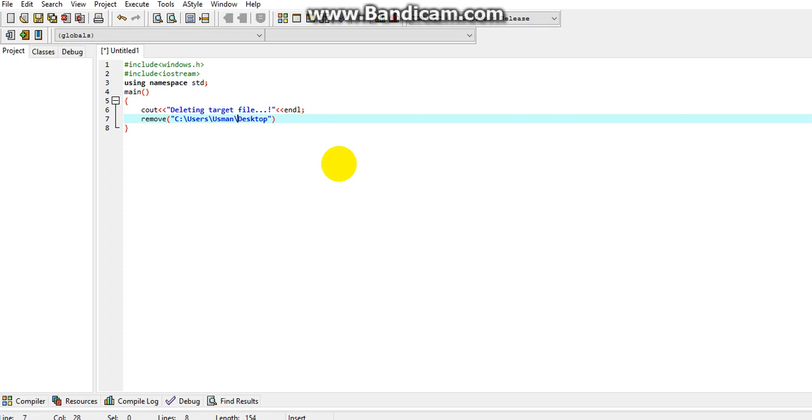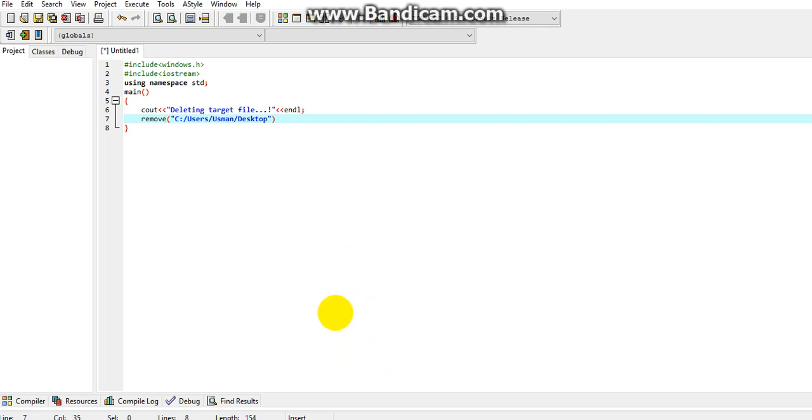Okay, change these backslashes into forward slashes. Remove all those backslashes and write forward slashes. Now put a forward slash here and write the name of the file.